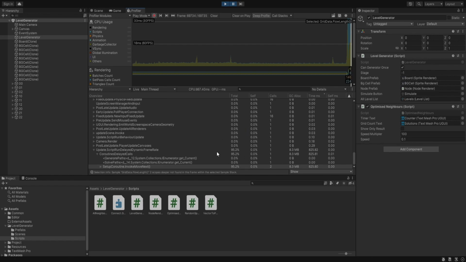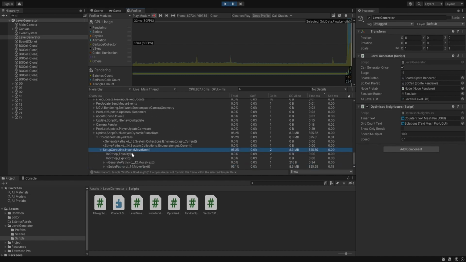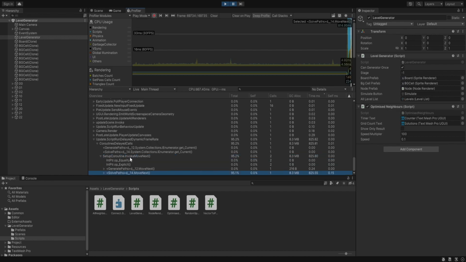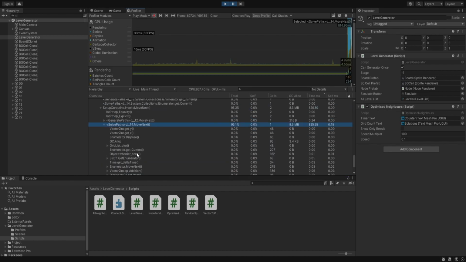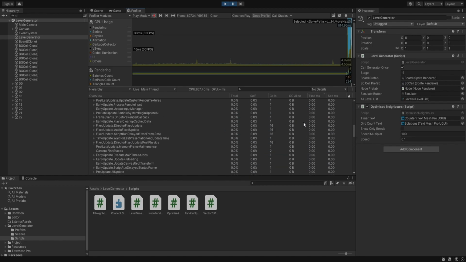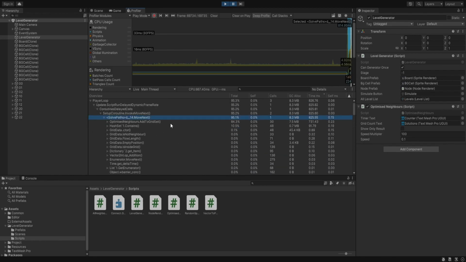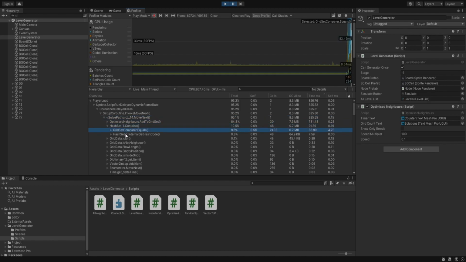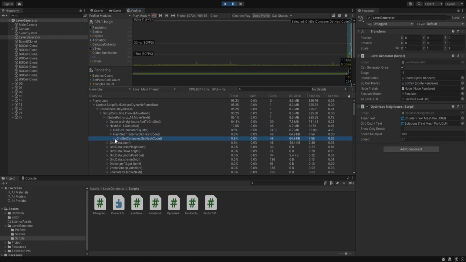So here it took 800 milliseconds. So we can check which step took the highest time. There is our move next, and inside our move next, the highest time was for solve paths. And we open our solve paths. We are able to check our add to grid set and hash set dot contains. And in our hash set dot contains, the maximum amount of time was our grid set comparer, and this